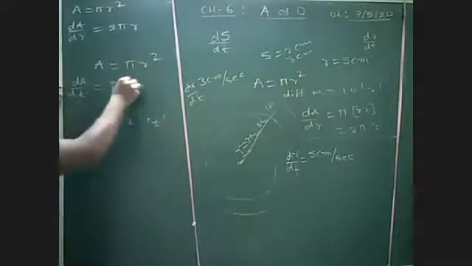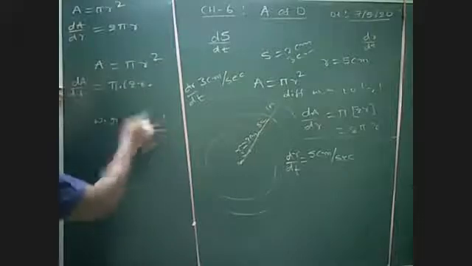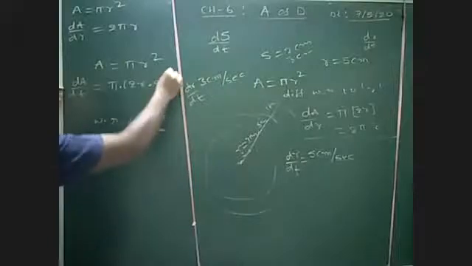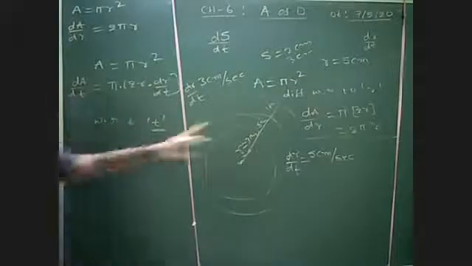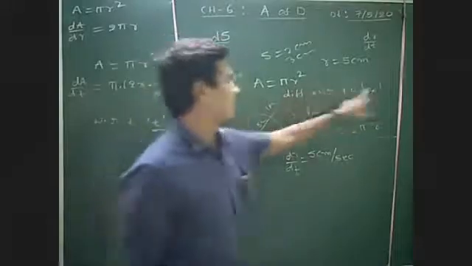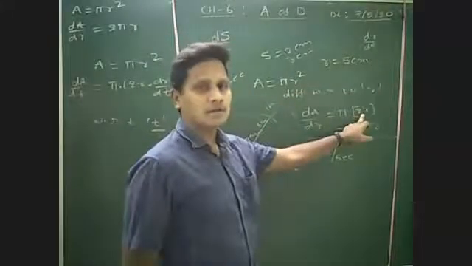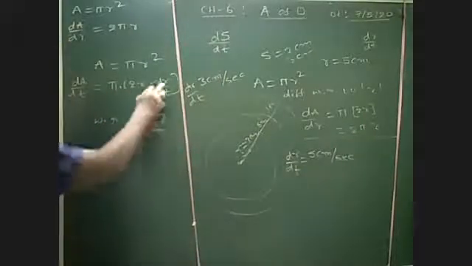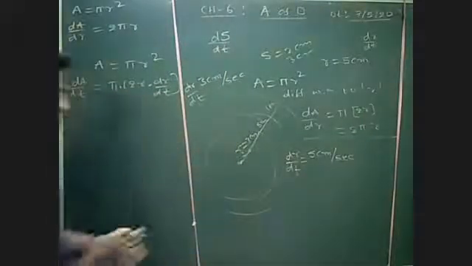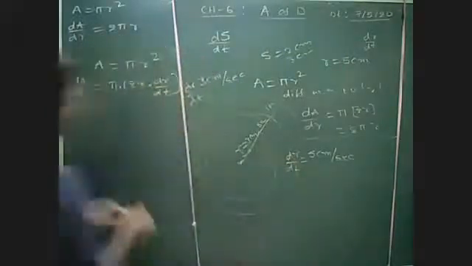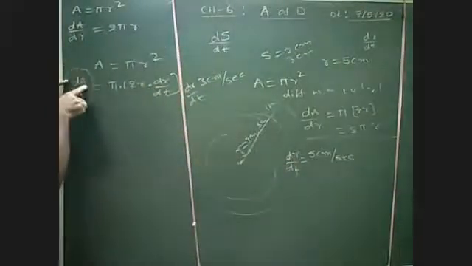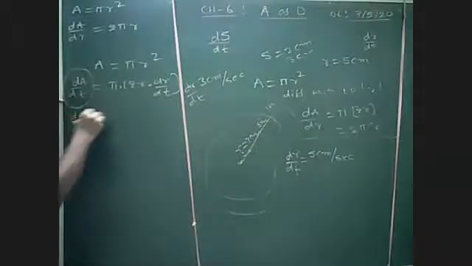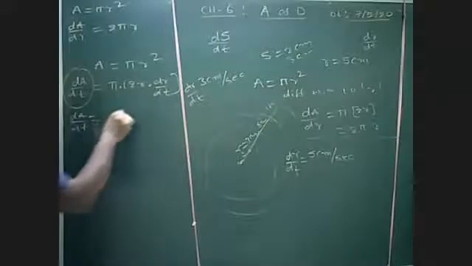Observe here, r square becomes 2r. Again with respect to t, r is the independent variable, so dr by dt. With respect to the same variable, r square gives only 2r, but here r square gives 2r with respect to t, dr by dt. And see what the dr by dt is? We need to find the rate of change of area with respect to time. So dA by dt is equal to pi into, that is 2 pi into radius.